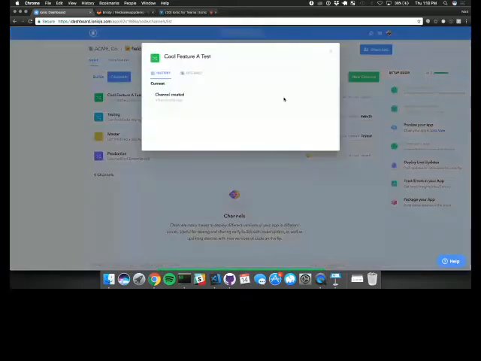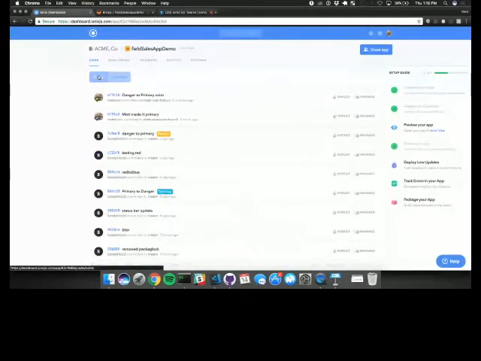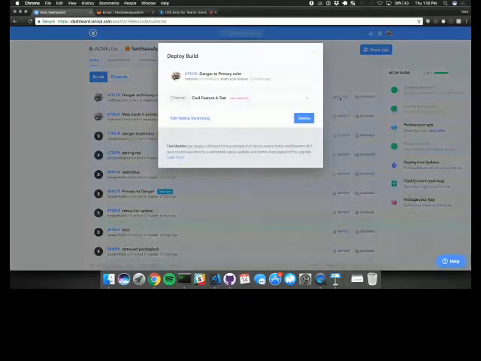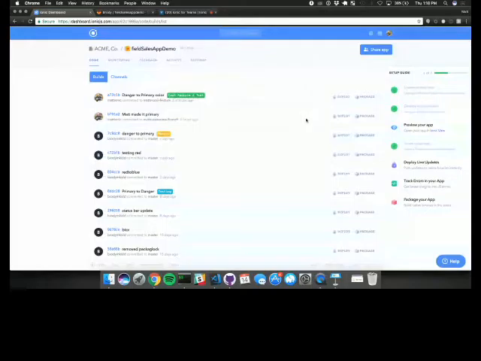It's just been created. But I can go back to my builds tab here and say, okay, we've got that color change to primary color that Matt worked on. We're going to deploy that to the cool feature A test. Hit deploy. And now we can see that's active by this little tag. So again, working together as a team, haven't stepped on anybody's toes yet, but I'm still able to get up to this platform working in the same app.